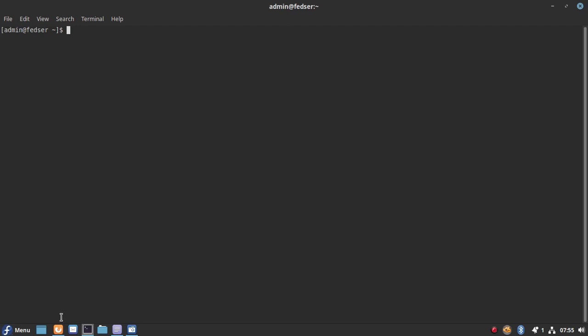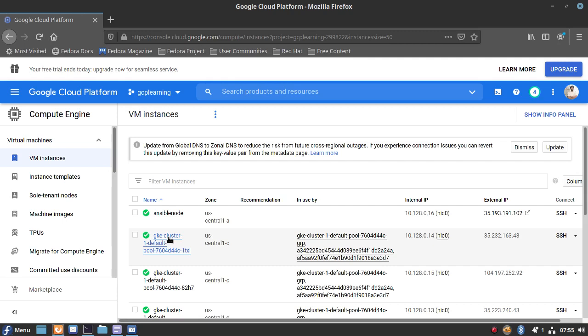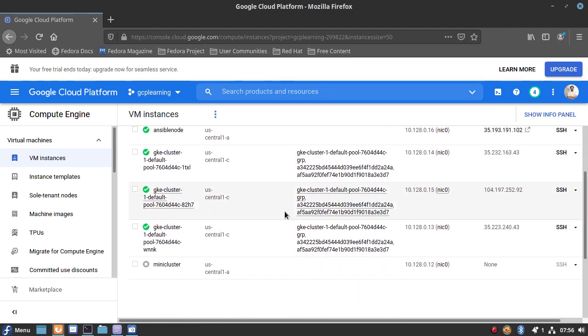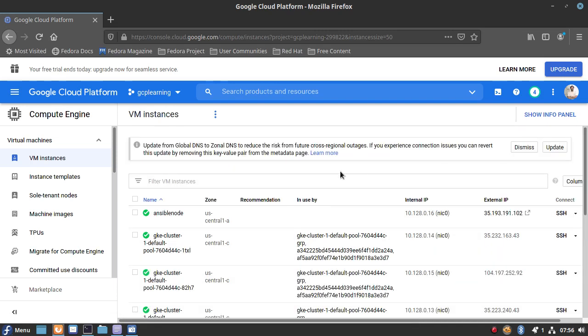Okay, so let me go into my GCP console. Right now I have many Compute Engine instances running. This is my Google Kubernetes Engine cluster, which has 3 nodes, and there is one Ansible node I also have created. But let us try to create one more instance.